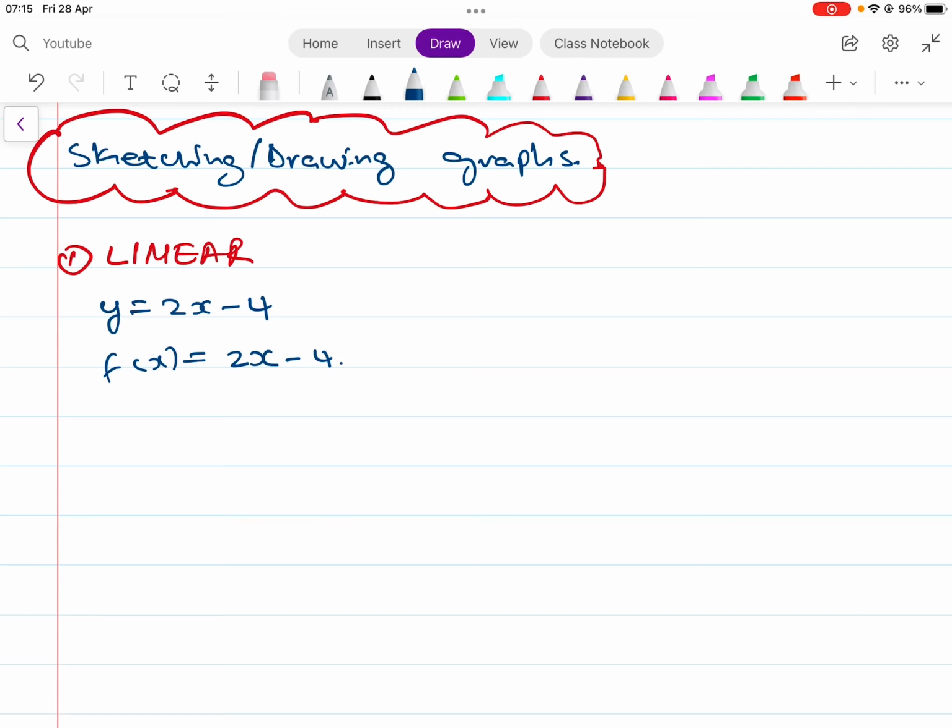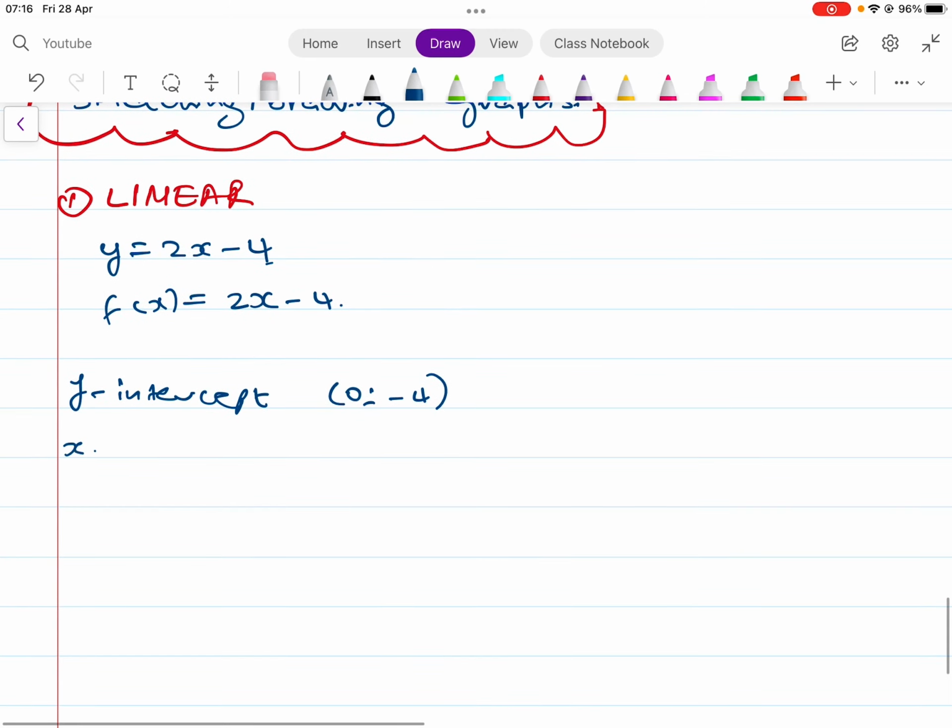When you are drawing a graph, the first thing you need to look for is the intercepts. The obvious one is the y-intercept, because the y-intercept is actually that -4 for a linear function. You can tell the y-intercept when x is 0, the y is -4. That is the y-intercept. Then the x-intercept,